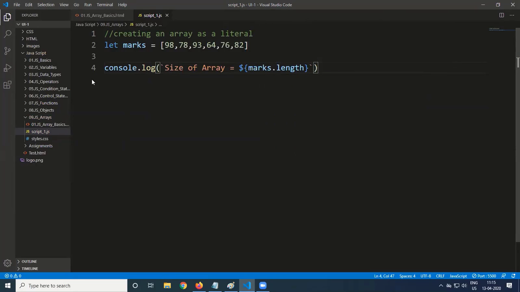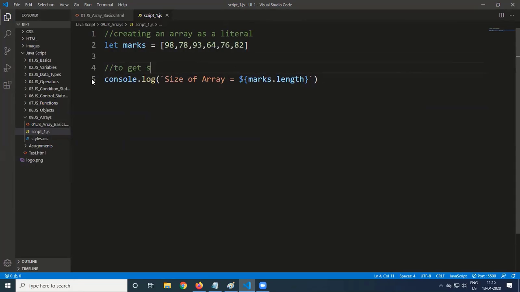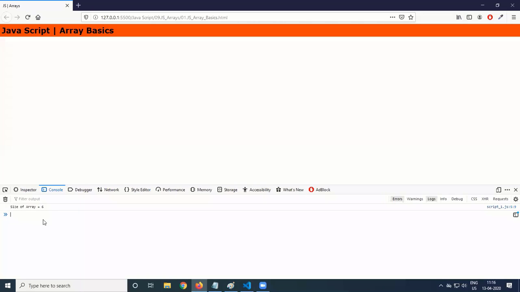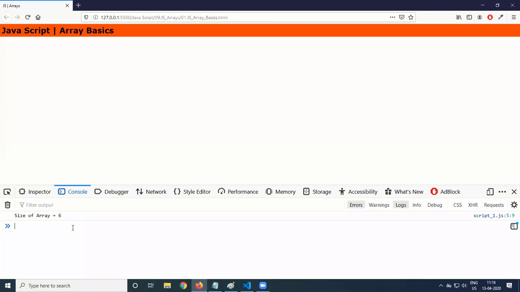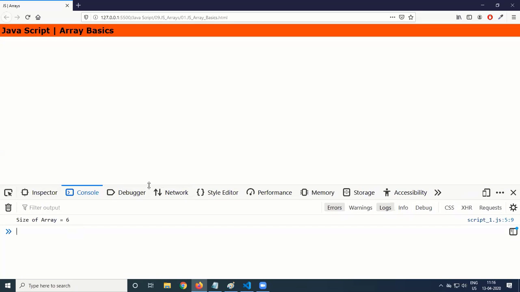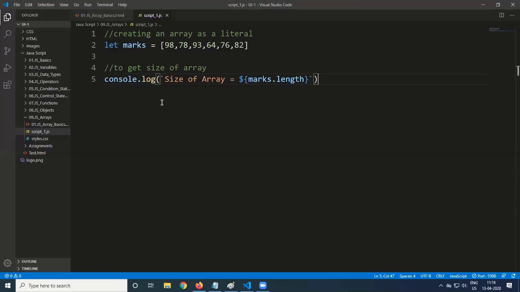Length is a property used to get the size of the array. Come to this, what is the size we are getting? Size of array is equal to 6, correct. So we can use the length property.